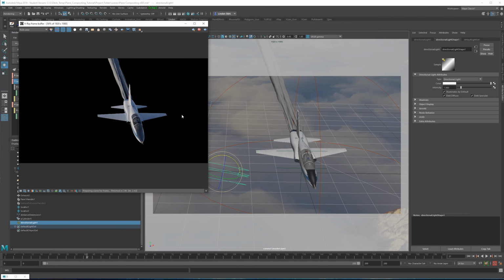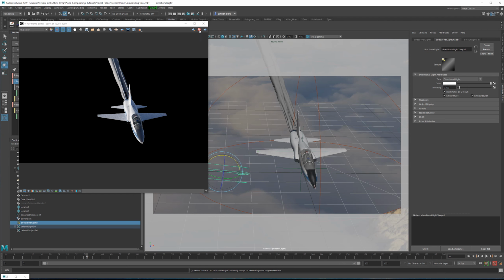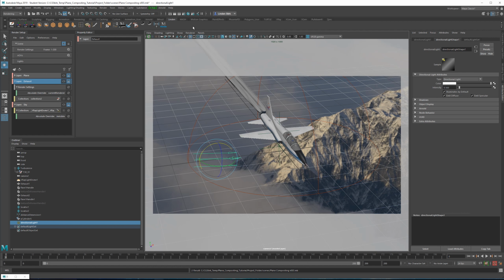I don't want any of the light to brighten the screen right side of the plane, so pull this up a little bit. So that's looking a little bit too bright, so I'll go ahead and just drop that down to maybe 0.5. And if we compare this on, off, on, I think that's going to help our composite just a little bit. All right, I don't think there was anything else that we needed to fix.